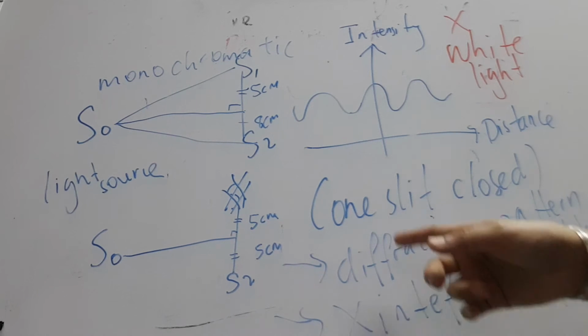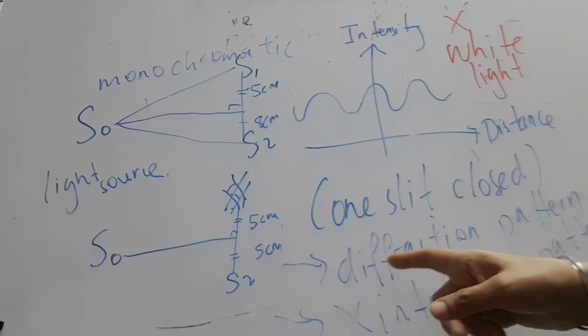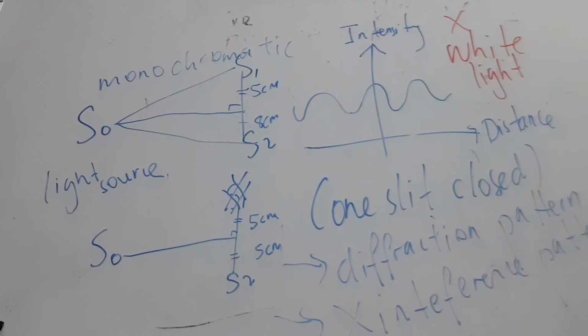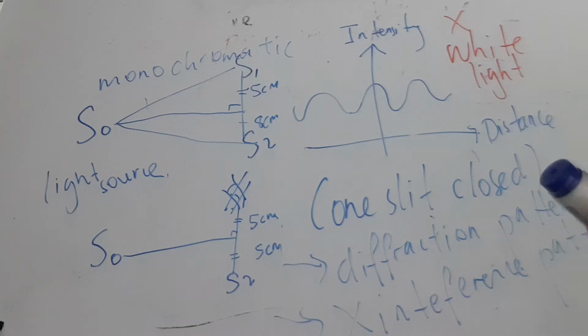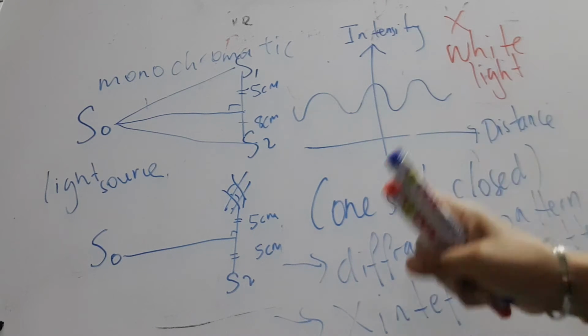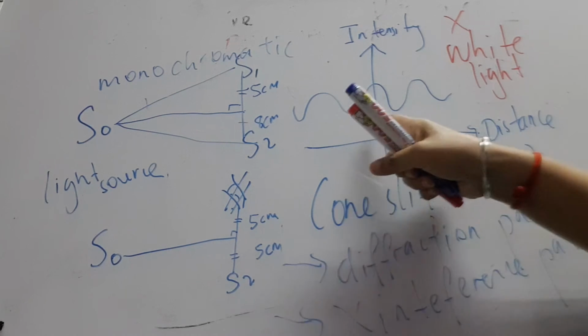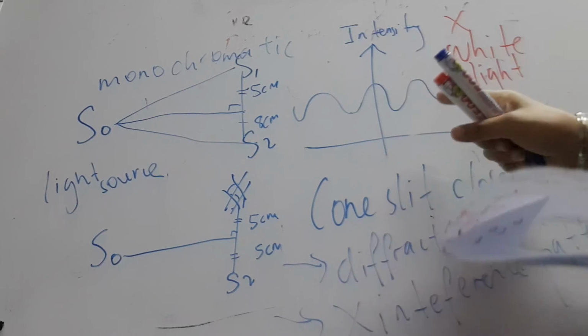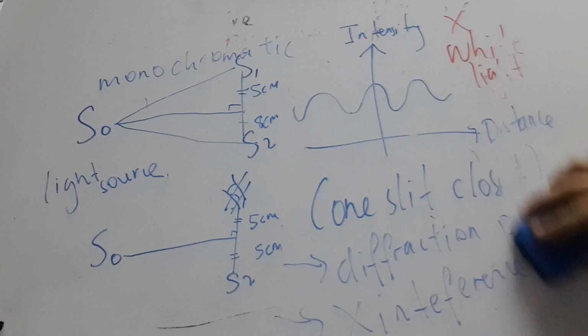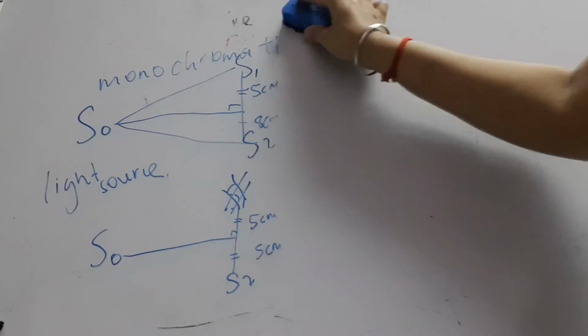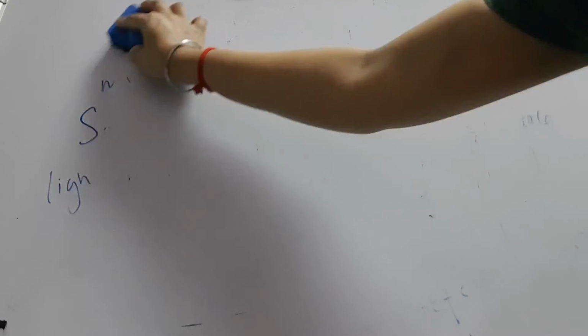In the next video, the teacher will show you the difference between diffraction pattern and interference pattern. So basically, this is it for the factors affecting the interference pattern. Also, the teacher asked you to sketch the intensity graphs, remember? So these are the intensity graphs. Next one, class. I also gave you this in your module notes, but not in this question. So can you please write this down also?